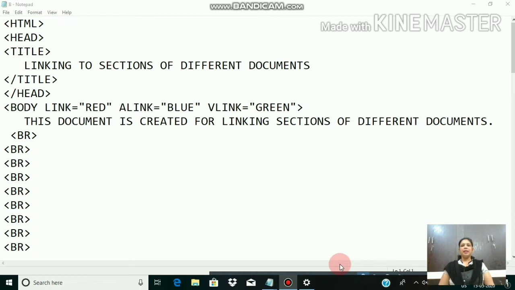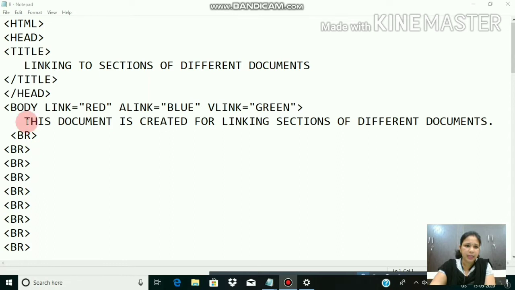For that, just see here, I have created a document B, and I'm going to make it too big so that I can jump to a particular segment of this document from another web page. I think it will take time for you to understand. Just see here, in the body tag I have set link red, alink blue, and vlink green. It means when you open the link it will be red, when you click on the link, that is the active link, it will become blue, and after visiting the link, when you come back, it will be green. These three attributes of the body tag I had taught in the previous class also.